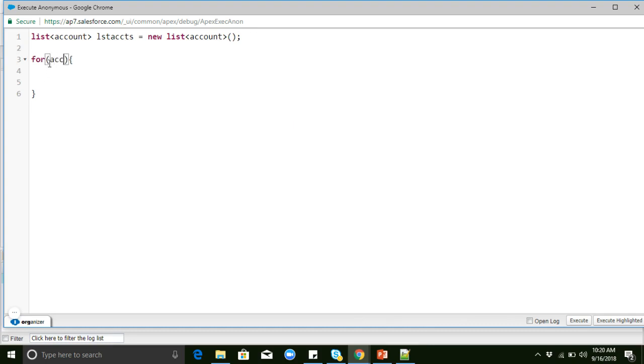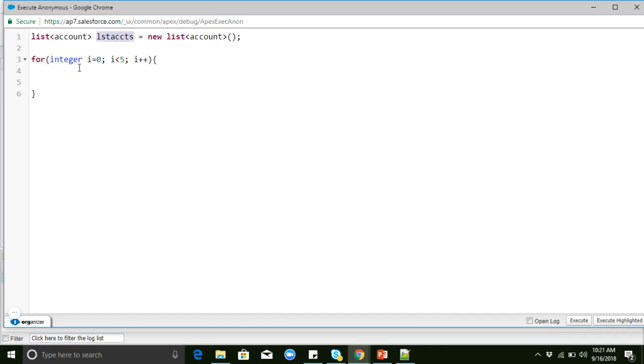I need to add a loop: i equal to 0, up to 5, then incrementing.